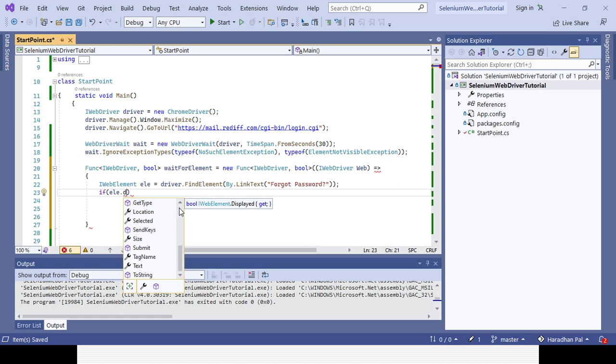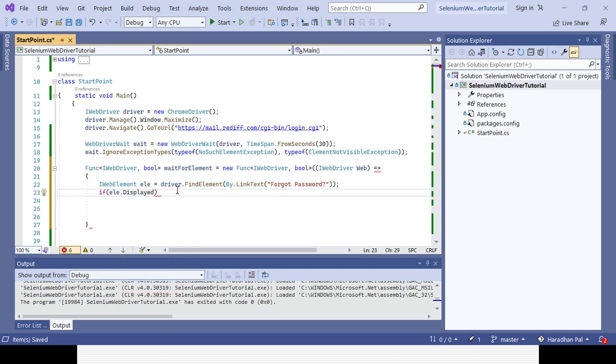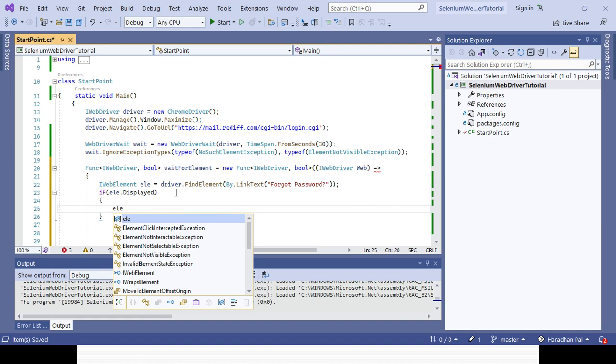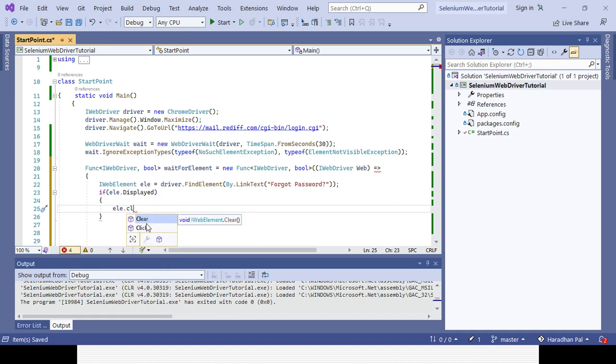So I will be using displayed. If the element is displayed, then what will happen? I want to click the element, so I will use element dot click. I want to click the element, and definitely I want to